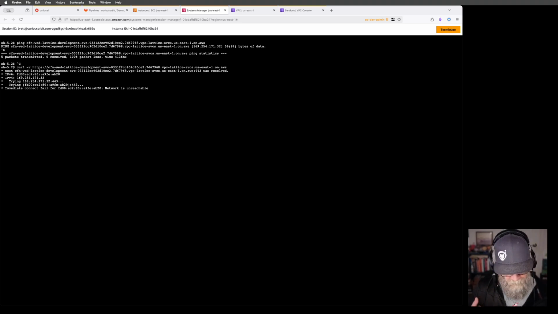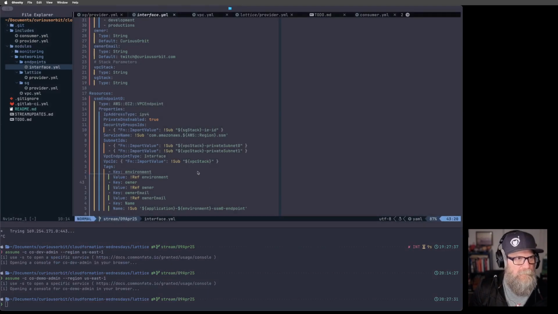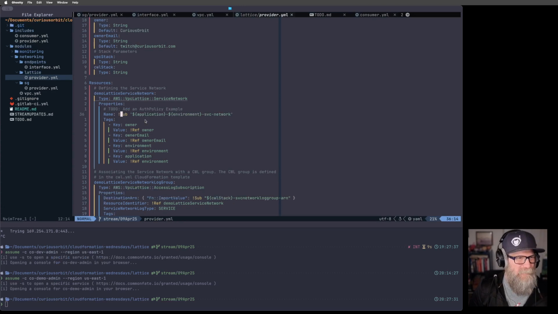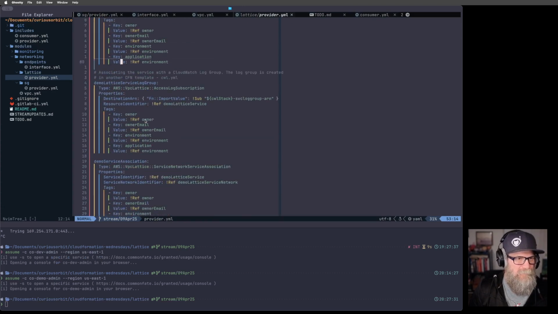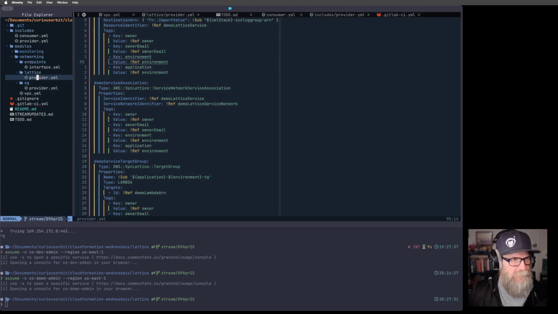So the way we solve this is we share our service network. So right now, it's not working, okay? What we need to do is create a share. I was going to put it all in the Lattice definition, but it's maybe too much. Let's separate this out a bit. I'm going to call this